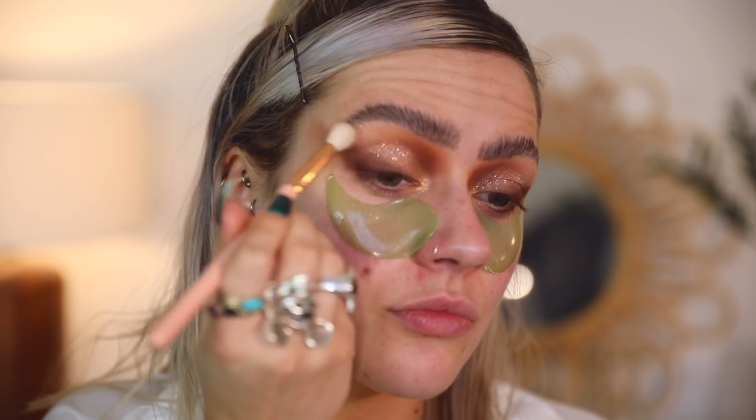I use it all the time. I talk about it all the time. And whenever I wear it, I just get so many messages asking me what's on my lid. And it's always this. I am going to do a little bit of liquid liner just to deepen things up